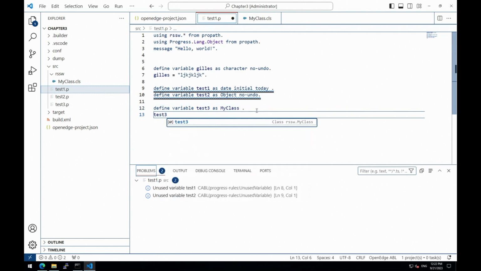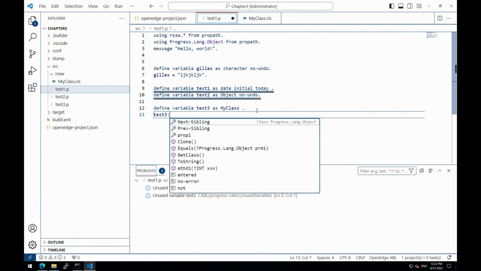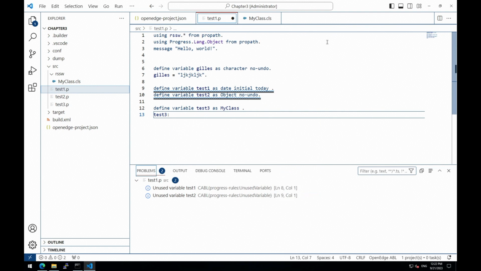And then we can say test3. And here we have access to the property. We have access to the method. And we can see the input parameter, the output parameter. We have access to the full signatures of all the methods available in your classes.